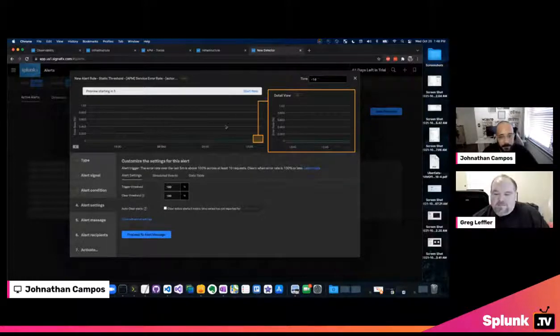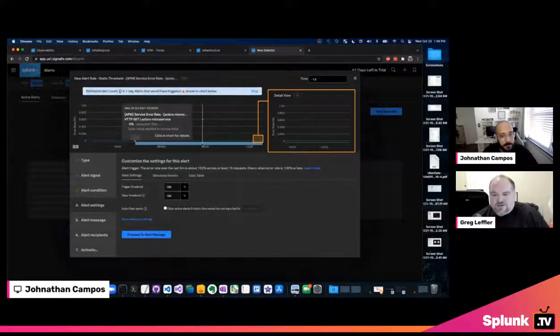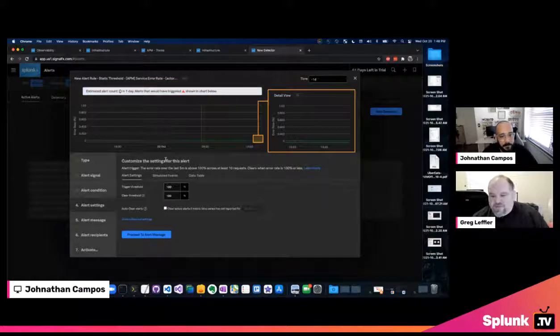But obviously we have triggers, querying. You can simulate when the problems will happen. You can look at all of the events where it would have gone off. As you create an alert, if there is a situation where it would have gone off, it draws a little triangle underneath. And then if you see 300 red triangles, you're like, okay, I should probably tweak some of this. But it's something that's really vital.